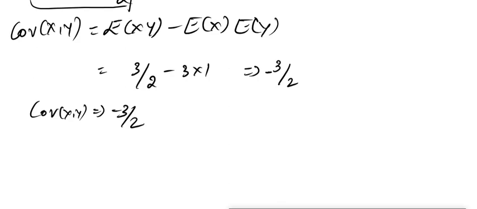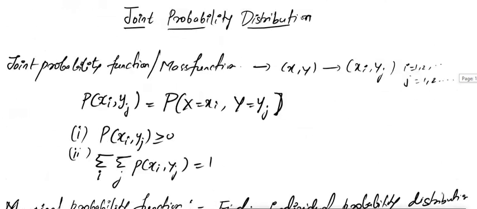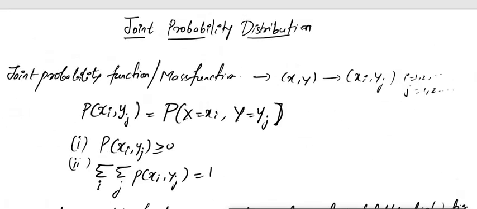So I hope you have understood what joint probability is, and joint probability is nothing but probability having two variables into consideration. It is also called bivariate distribution. Bi means two variables are considered. Previously we had studied only one variable, now we are connecting to two variables. That is the only difference.